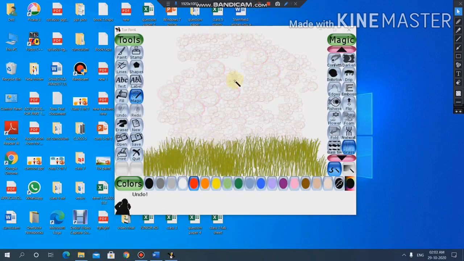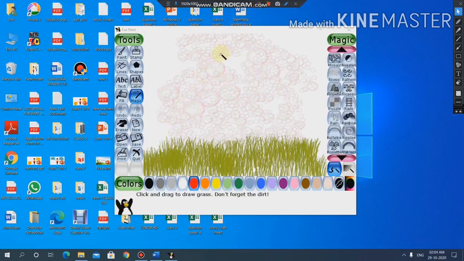Okay, now next is rainbow and real rainbow effect. So children, there are two rainbows. The difference between real rainbow and rainbow is the rainbow effect makes the trail of the color. It will make a trail of a color. But real rainbow will make a rainbow which will look similar like a real rainbow which we see in the sky. Okay, it will make original looking rainbow in the sky in the Tux Paint.